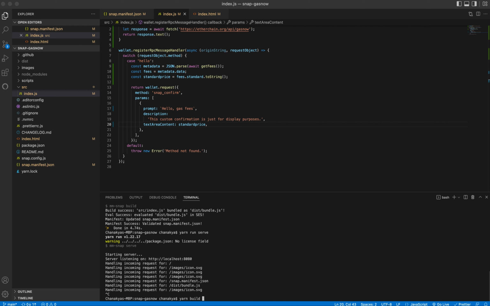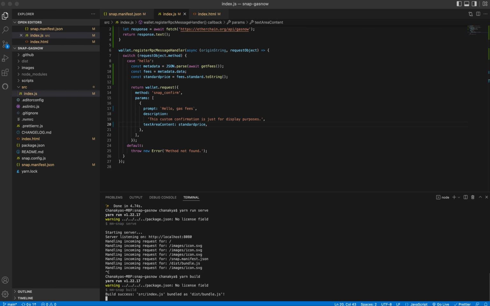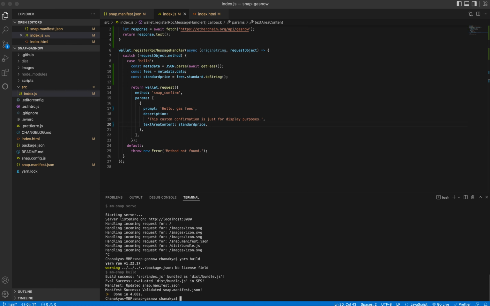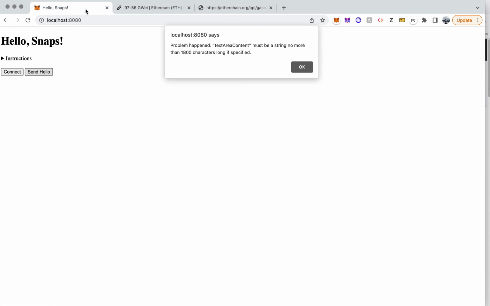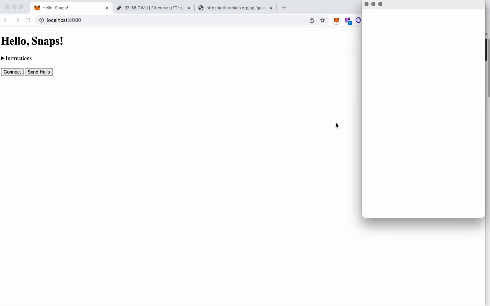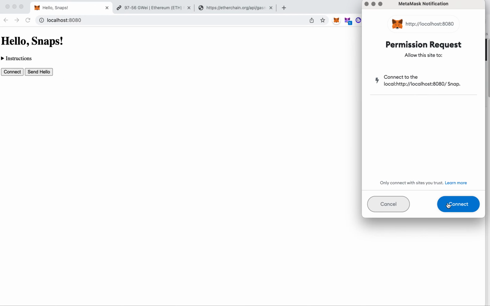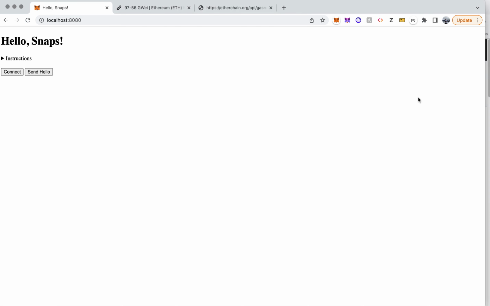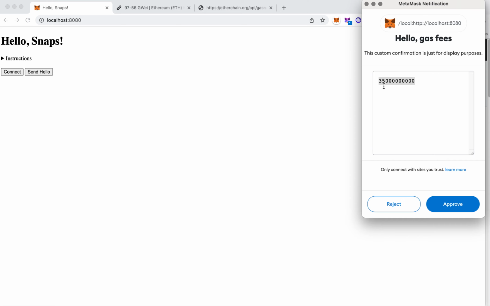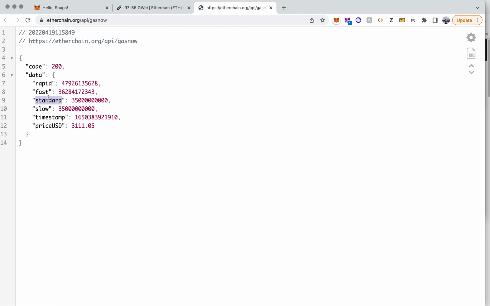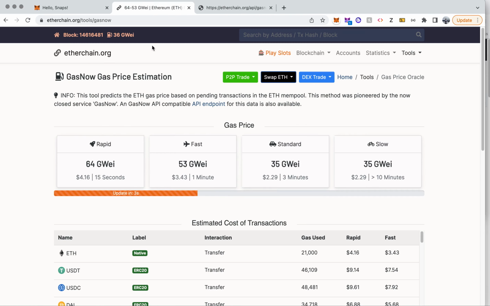So we rebuild here. We can go check this out again. Reconnect. Send a hello, and we can see our confirmation pop up with the standard fee, and we can go back and double check here at our endpoint, and it is the correct amount. So if we look back at our main website here where the API data is coming from, we see that